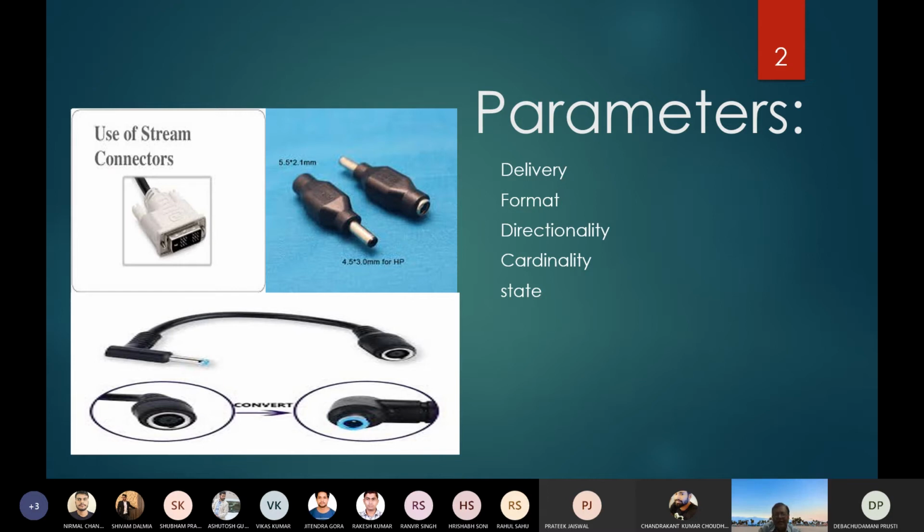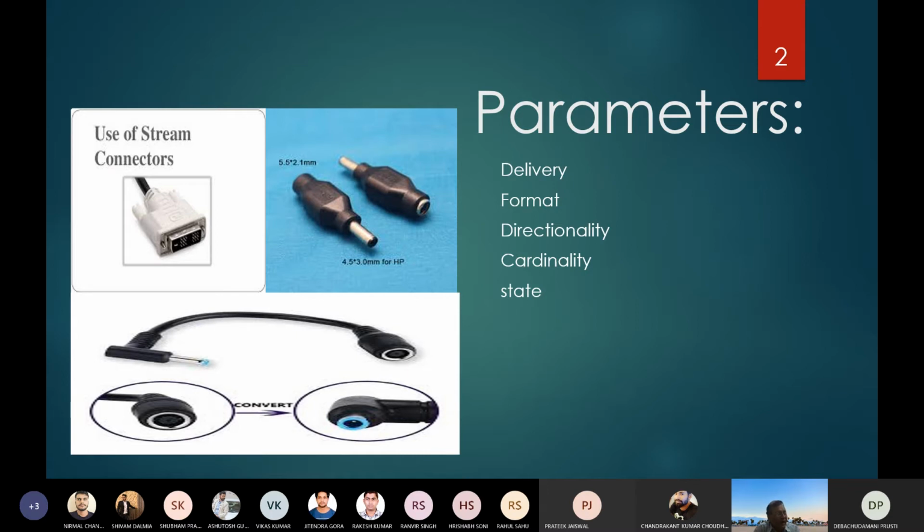Just a minute. Okay, sir, these are the stream connectors in our day-to-day life. But here it is not the hardware. Here it is the software. How does the stream connector act as a software? These are similar, with some coincidence with the hardware part. But actually, in our software architecture, it has no cross correlation. Absolutely not.